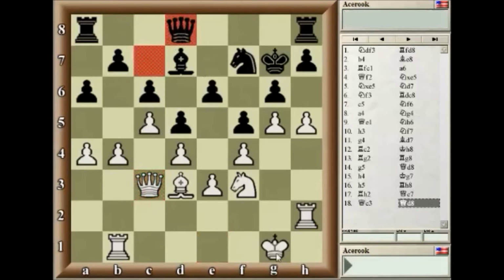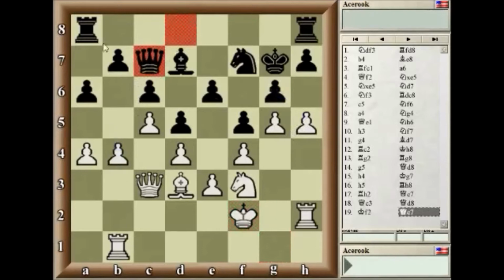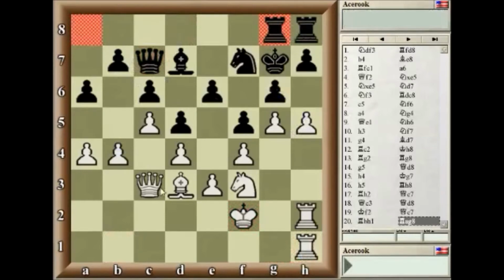Queen D8. King F2. So we're still giving Black mixed messages. Are we playing here for the B5 push? Are we playing here for this push? So after King F2, King C7, Rook H to B1, Rook A to B8, Queen A1,